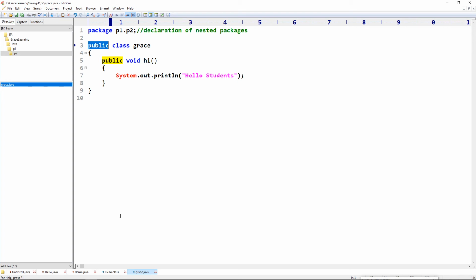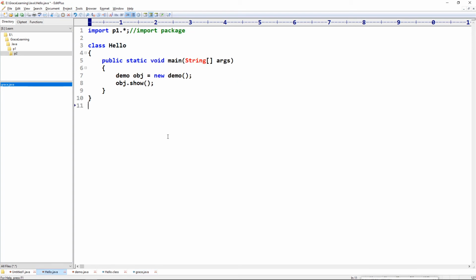Okay, so let's come back to the hello.java, and here we will import p1.p2 dot star semicolon. It means we are importing a nested package.